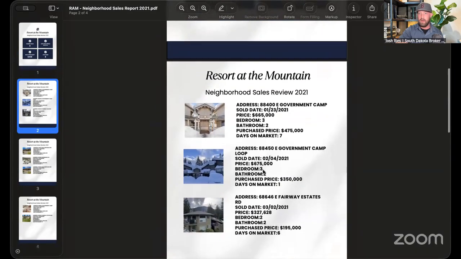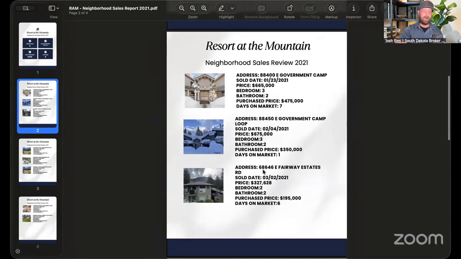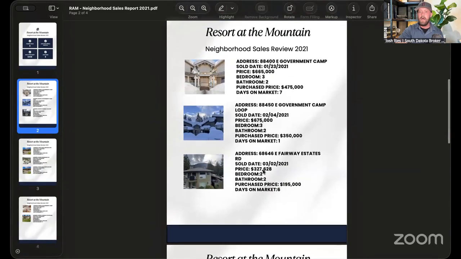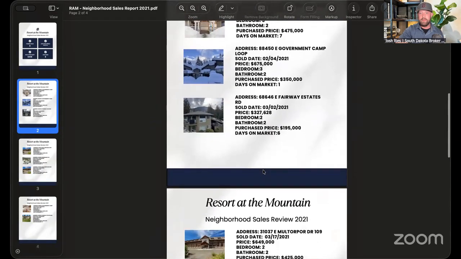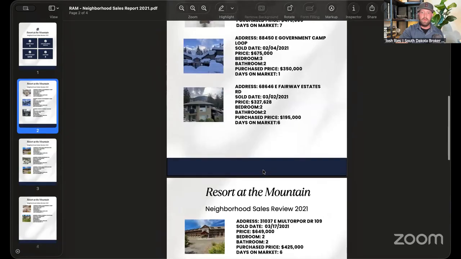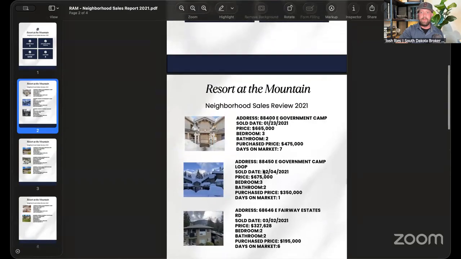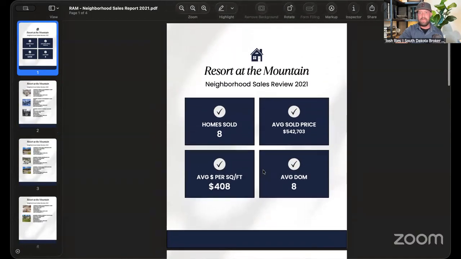Most of these are like condos. They're like mountain vacation rental properties. But we put all that data from the net sheets in here, along with some other sales data. So people could see what's actually happening in their market and not just what could happen if they listed their home. And it was really powerful because it got people into actual conversations